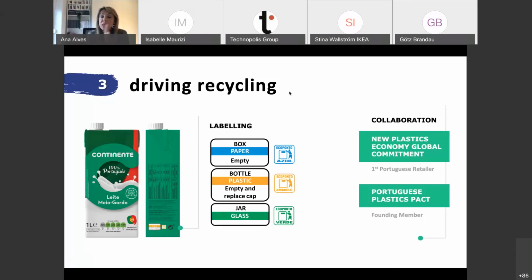So as we've been saying and discussed along this day, this is a very complex process, and it requires a true involvement from all of us, from the conception of the packaging through the proper use and disposal by the consumers and the entire logistical and recycling industry. At SONAE, I'm happy to say that this was the first year where we were able to double the amount of virgin plastic that we were able to save compared to last year.